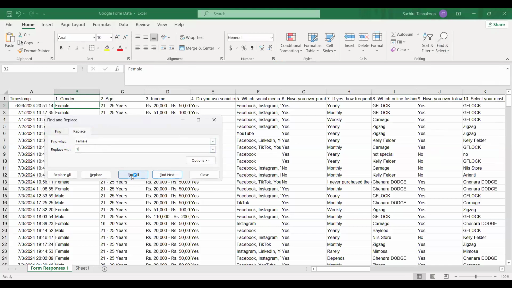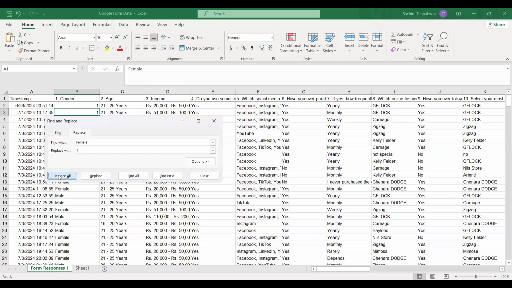Right? You can give the find all or the find next, right? So you can give replace all, and it has done 217 replacements. You can close.